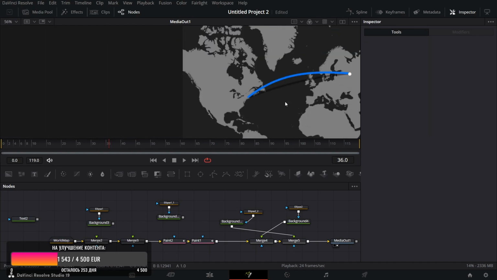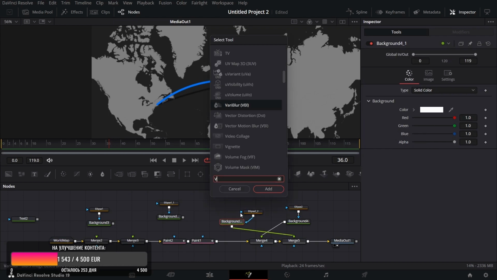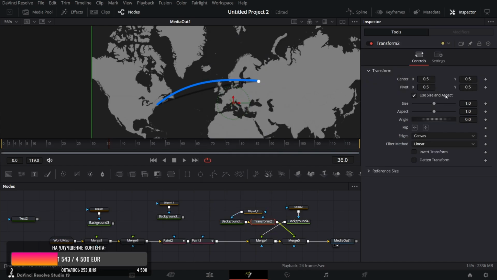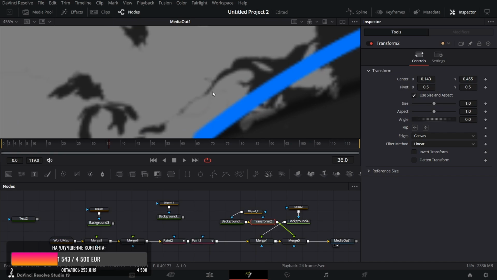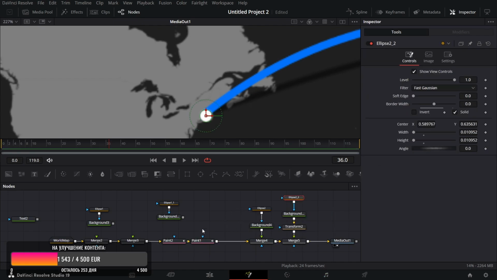And then it appears over here, so this ellipse is over the other ellipse, so we need to use a transform node, or you can just write fx and that will add a transform node. And let's just move it a bit over here, and I'd say that's it. That looks so great, so cool. We have the first dot, and let's move on to the second